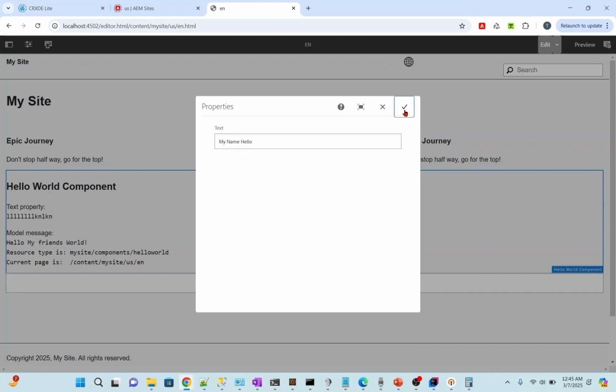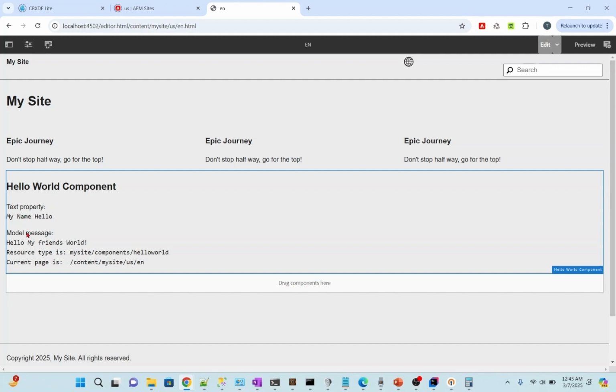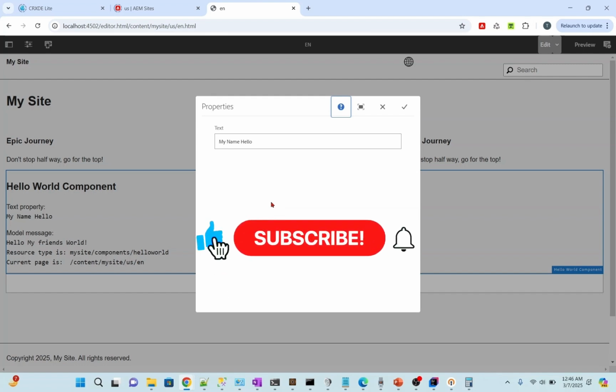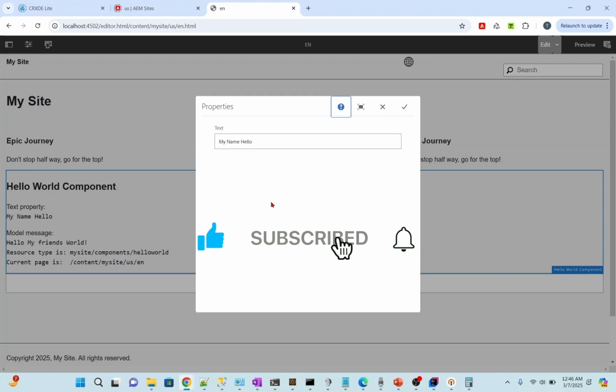And when I click on done, see this value has been changed here. So an AEM dialog is a user interface element in Adobe Experience Manager that allows authors to configure components. They include various input fields like text fields, drop downs, and checkboxes to capture user inputs. Then these dialog fields are stored in the JCR under the component node in a page where this component is